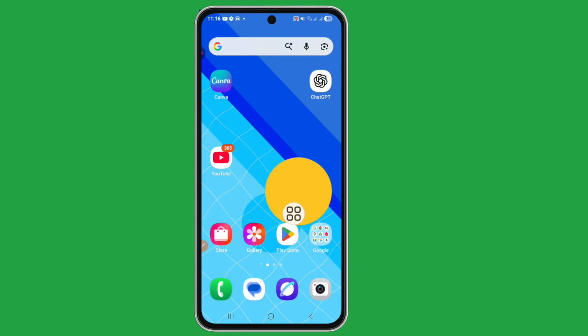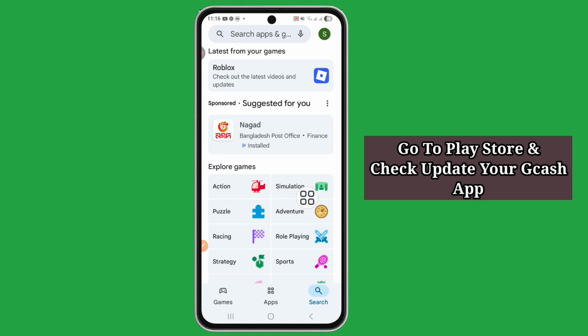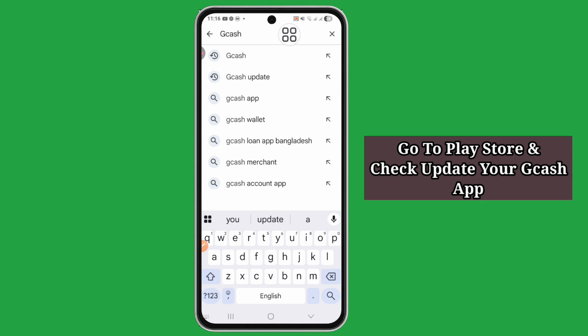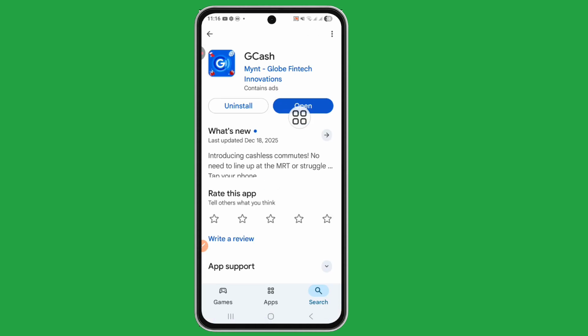And now tap on the Play Store and now tap on the search, GCash app, and check update your GCash app. My GCash app is already updated. Okay,